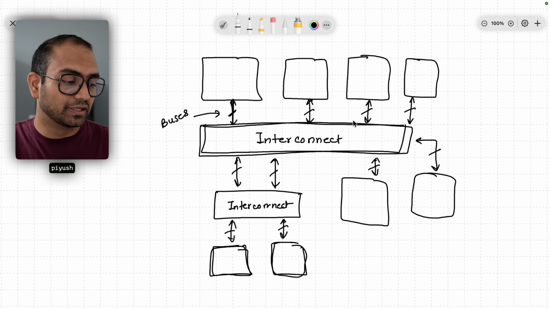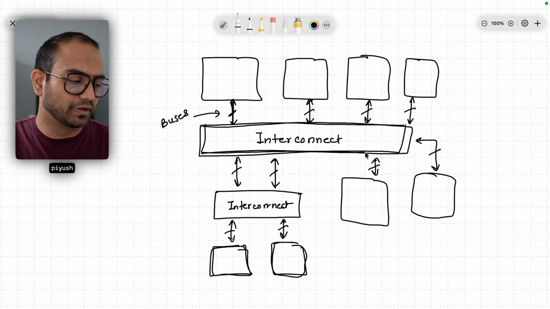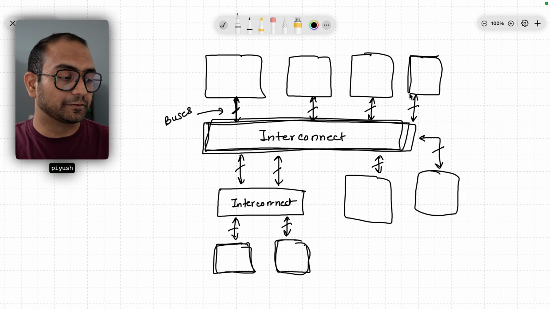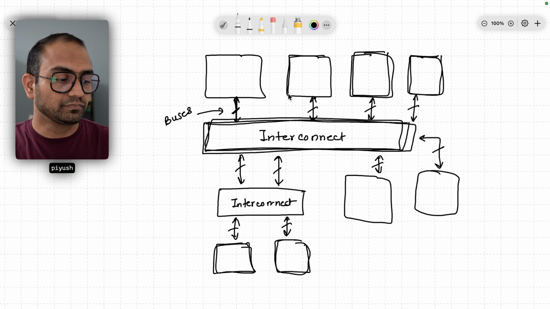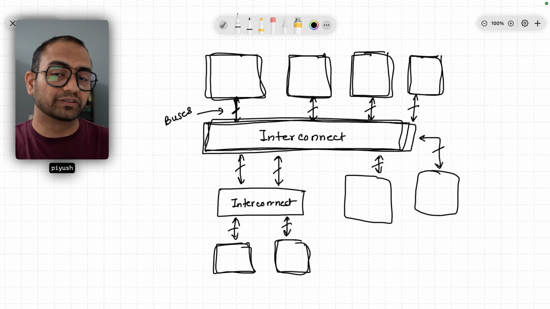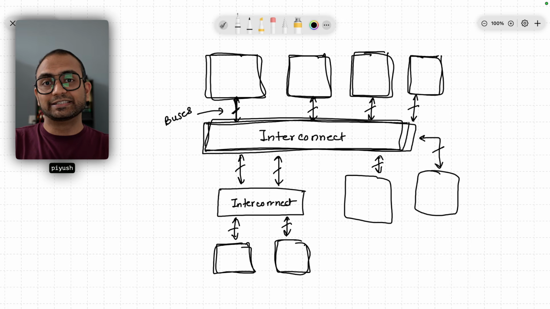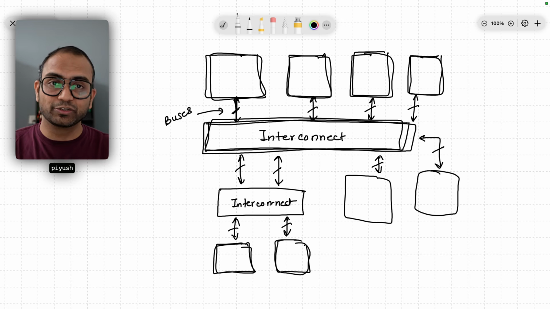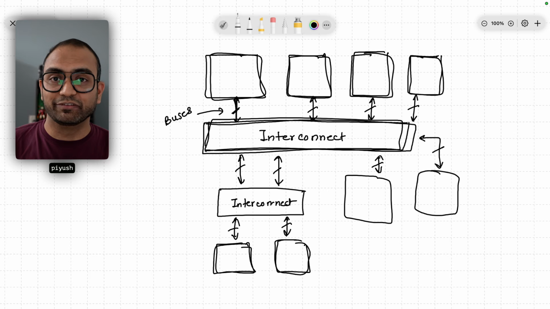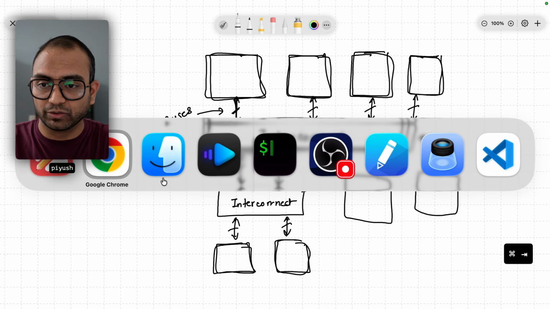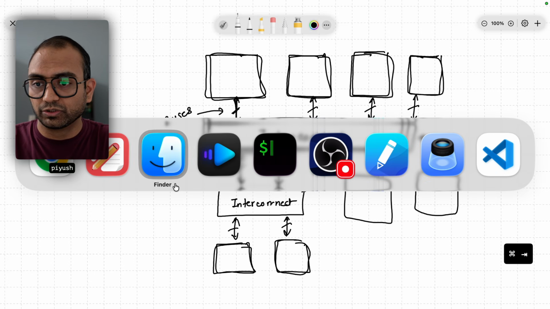So hopefully I've conveyed what system on chip relies on. It is built on this concept of interconnects and memory mapped IO, and the fact that different subsystems can connect to the interconnect or the fabric and have different addresses, an address range dedicated to them. Now this concept of address range and subsystems will start to make sense once we dive into the documentation. So let me go ahead and see if I can show you some